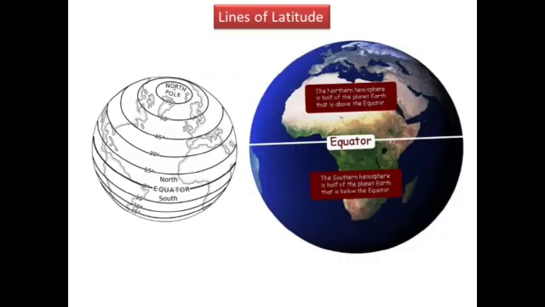As you can see in the first diagram, all latitudes are marked in degrees. The equator is the largest circle, and the circles become smaller as we move towards the poles. You will also notice that all latitudes run parallel to each other and to the equator. So they are also called parallels of latitude. In the second diagram, you can see that the equator runs midway between the poles. The region north of the equator is called northern hemisphere and the region south of the equator is called southern hemisphere.